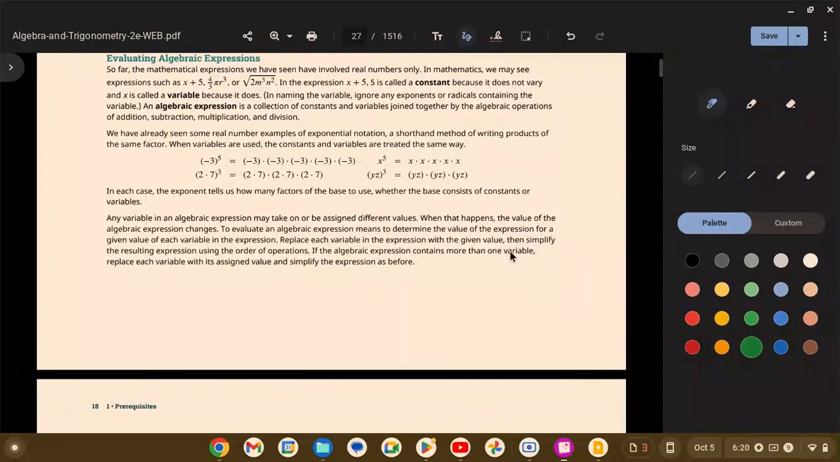Evaluating algebraic expressions. So far, the mathematical expressions we have seen have involved real numbers only. In mathematics, we may see expressions such as x plus 5, 4/3 pi r cubed, or the square root of 2m cubed n squared. In the expression x plus 5, 5 is called a constant because it does not vary, and x is called a variable. Actually, it's only constant because we assume